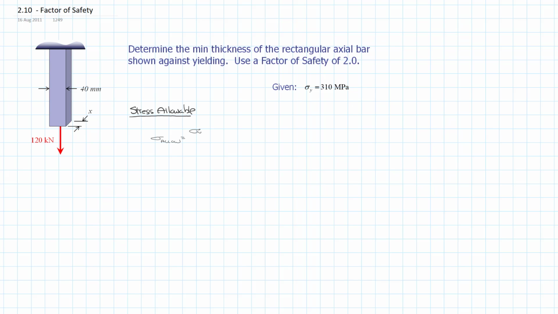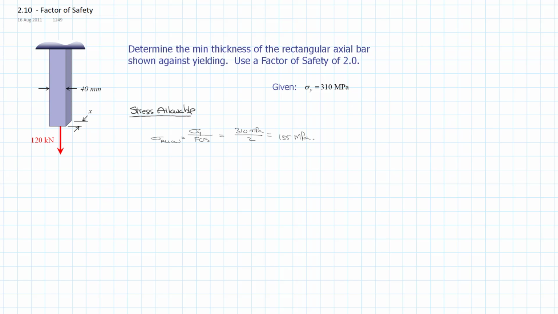So we're going to go stress yield divided by our factor of safety, which is 310 megapascals divided by 2, and gives us an allowable stress of 155 megapascals,